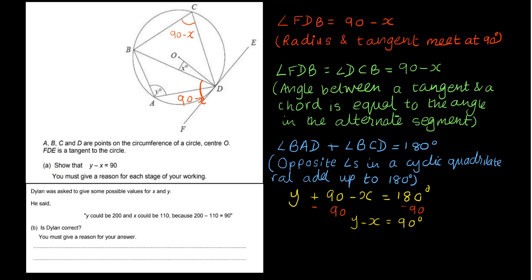Now, in blue, we've just gone over the reason. Opposite angles in a cyclic quadrilateral add up to 180 degrees. So 90 minus x and y degrees have to add up to 180 degrees. So how could y be greater than 180 when both of them have to add up to 180 degrees? You cannot have negative angles, can we? So I would say Dylan is wrong,